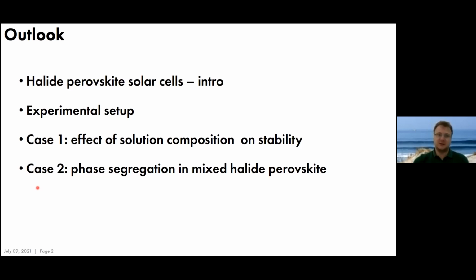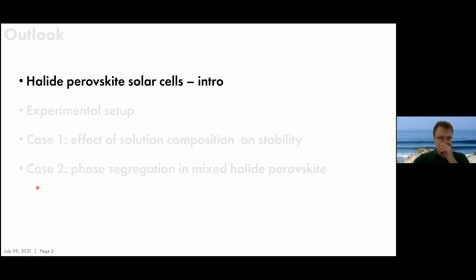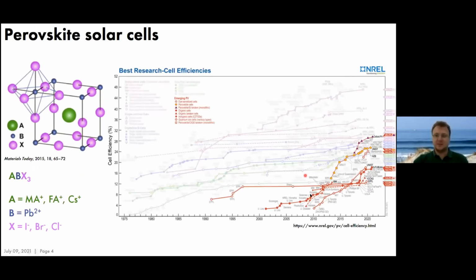the commercialization. So, introduction. Halide perovskite solar cells became a hot topic in 2009 when a group of Miyosaka published a seminal paper where they introduced methylammonium lead halide perovskite as a dye in dye-sensitized solar cells. And they showed that this dye, this perovskite material, actually exhibits photovoltaic properties, and it can be used as a photoabsorber. And in the first cell, it demonstrated photovoltaic conversion efficiency of about 3.9%,